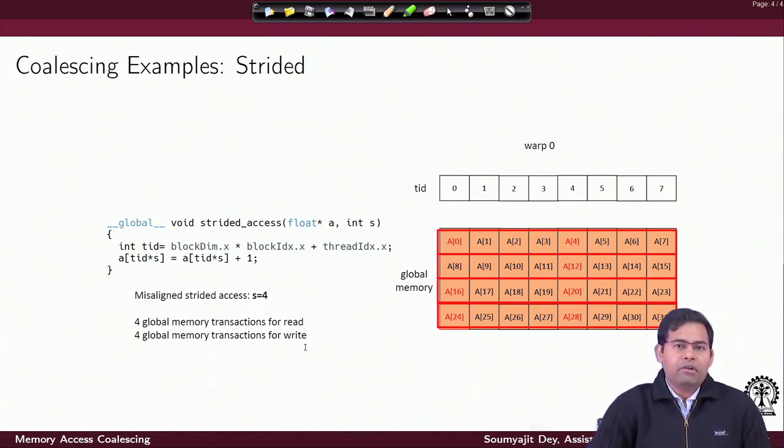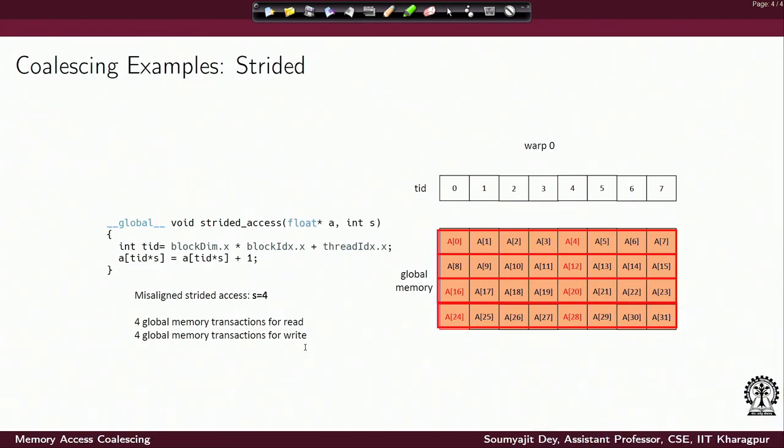So these are the important performance impeding factors whenever we are writing code for the GPU, and you have to write programs where you have a variant of the program which actually minimizes these accesses, or maybe it helps in coalescing the accesses. That means the program is such that the warp actually is looking for accessing consecutive memory locations which can fit inside a single memory transaction. This is known as memory access coalescing. With coalesced access, you can reduce the number of global memory transactions, and that's going to be a very important performance factor for your GPU programs.